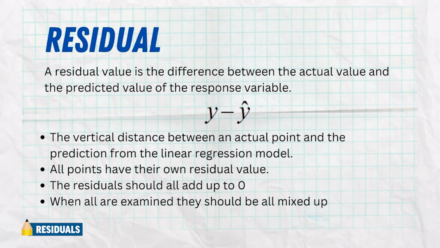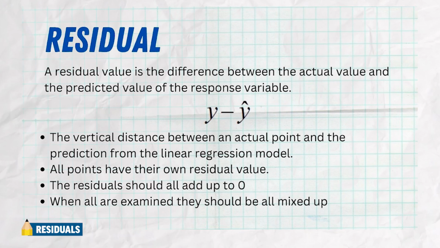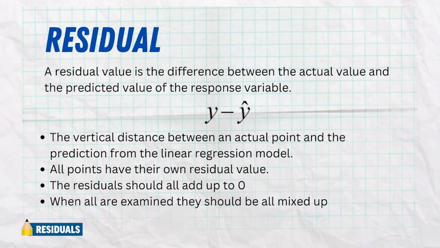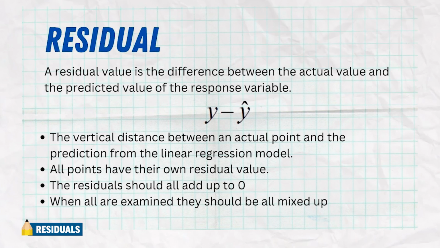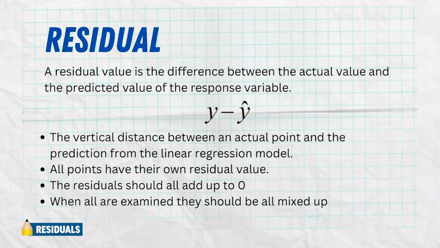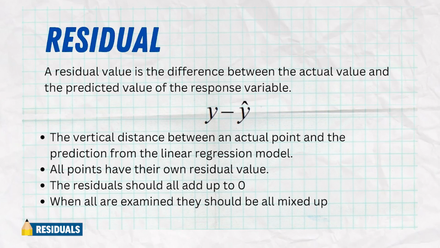Speaking of how it is created, that's the next step. How do we actually create this linear regression model? Well, to explore that, we have to understand residuals. Residuals are used to determine what makes the perfect line to use for the linear regression model. A residual value is the difference between the actual value and the predicted value of the response variable. In symbols, that's the actual y minus the predicted y hat. It is the vertical distance between an actual point and the prediction from the linear regression model that we would